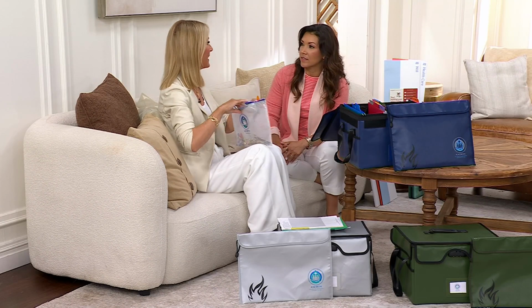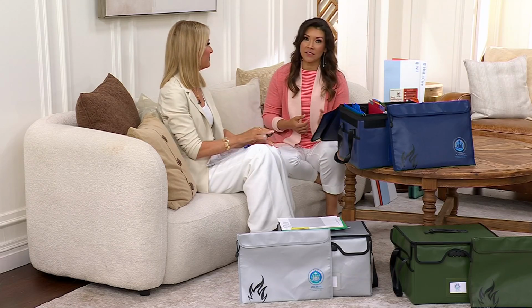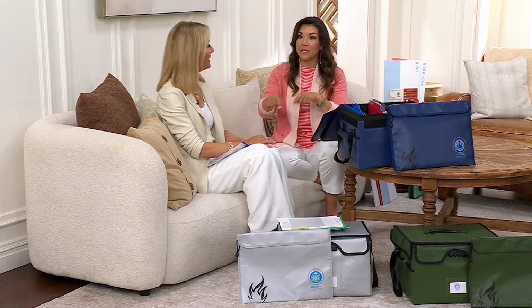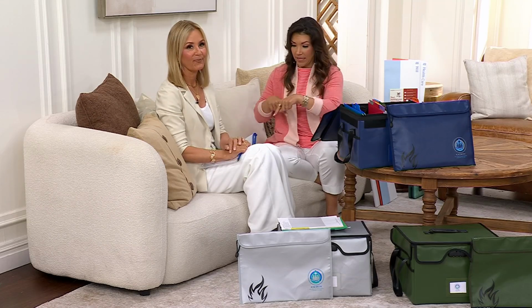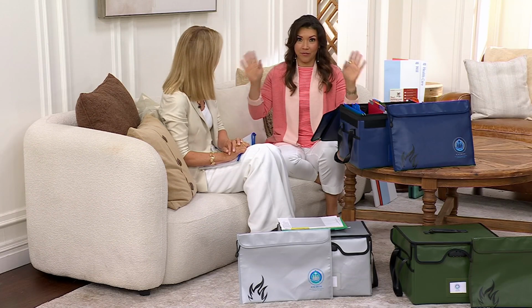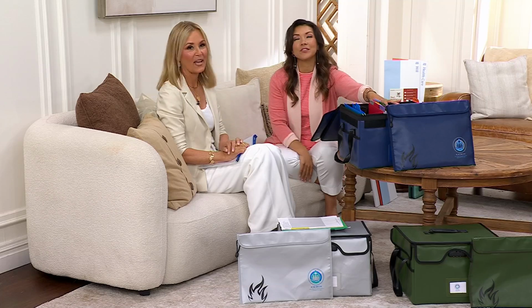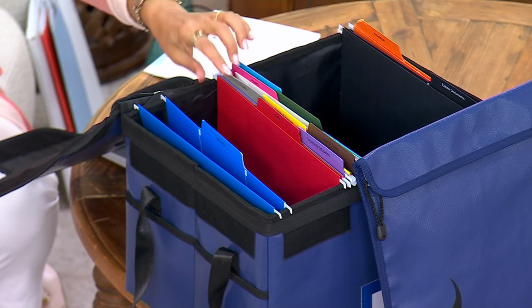Things you can't replace. Or become, like you said, a logistical nightmare of paperwork to try to figure out, okay, well, now I need a new passport, birth certificate, social security card. It becomes a really tricky circle because to get one, you have to have the other. But if you don't have one, like, if you've ever had that experience, this keeps everything all in one place. And if you're sitting there thinking, I don't even know all the things that I would need to,